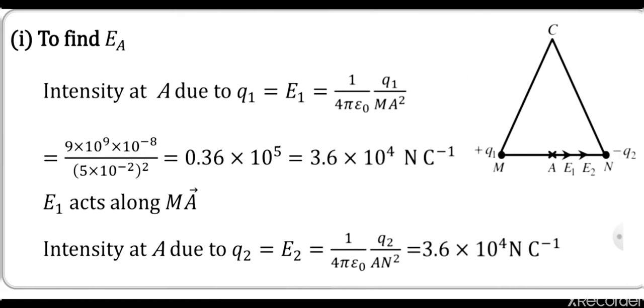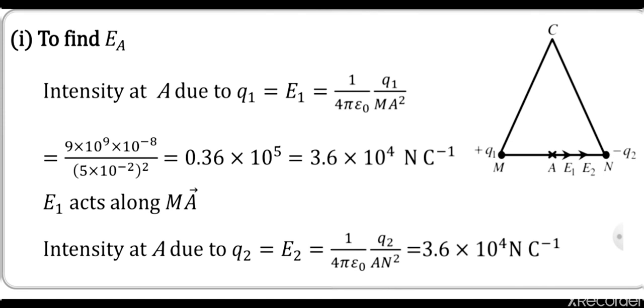First, to find EA, the electric field at the point A. Look at the picture. At the point A you can see two electric fields E1 and E2 because of the directional property of the electric field. For the positive charge, electric field E1 is outward, and E2 is the electric field for the negative charge, going towards the charge. So here E1 and E2 are both in the same direction. When they are in the same direction we can add them, right? So the net electric field EA is equal to E1 plus E2.